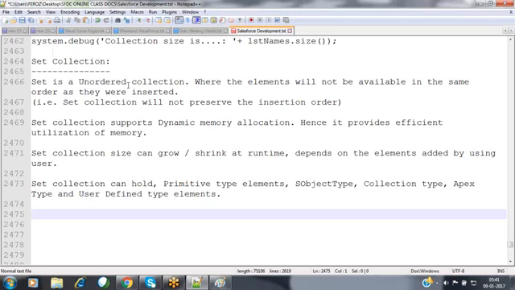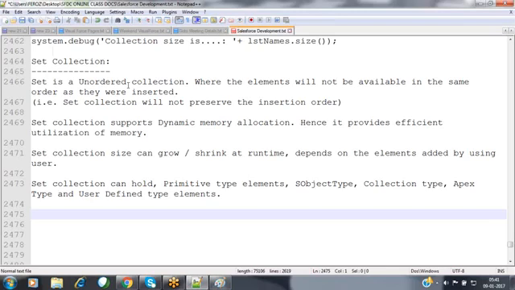If they were in insertion order, we could assume the index position and fetch the element based on that. But here we don't know in which order the elements are available, or where exactly my element is. So there is no concept of indexes here. We cannot get an element by using an index.